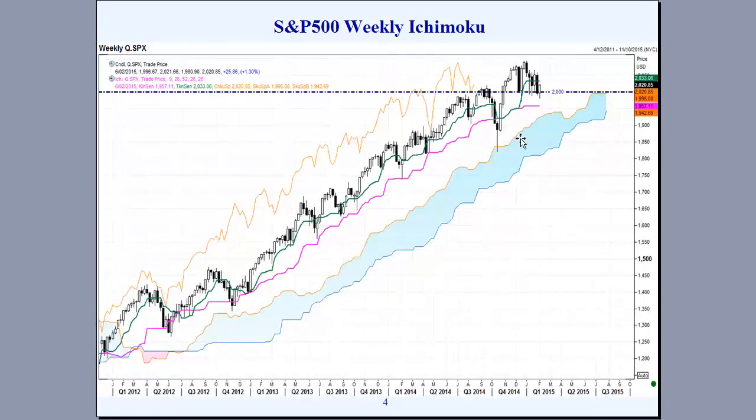Just looking a little bit closer at the weekly chart here with the Ichimoku charts, and this highlights how important the 2000 level has been recently and is into the future. If we look previously, the market tested around there, just poking through and selling off in a major way down through both the Kijun Sen and the Tenkan Sen, and eventually finding support at the top of the Ichimoku cloud, and the buyers coming back in to finally breach that 2000 round number level. Once we breached there, we saw the 2000 level hold as support, establishing new major highs.